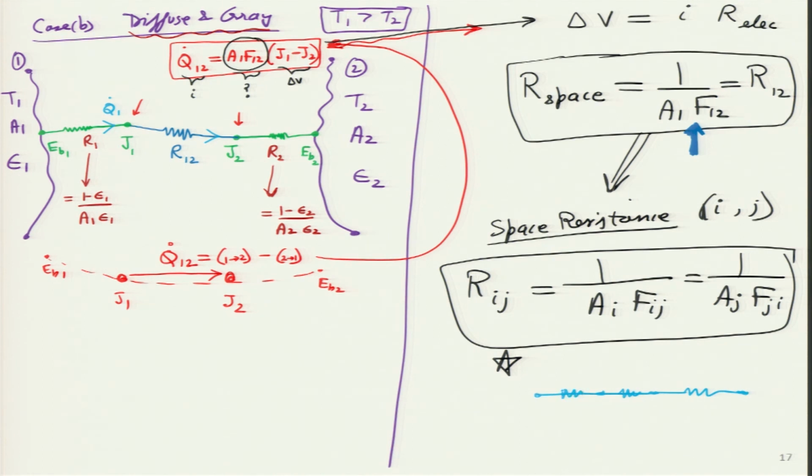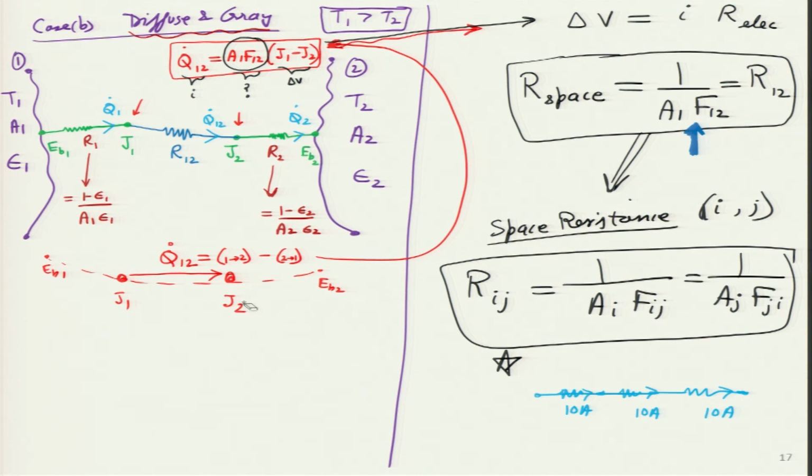In series, if 10 amperes is flowing over here, then that same 10 amperes will flow here, and 10 amperes will flow over here, if they are in series, which means the same Q dot. Their name I will write as Q dot 1 2 here, and here it will become Q dot 2.